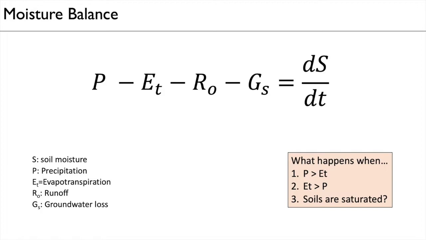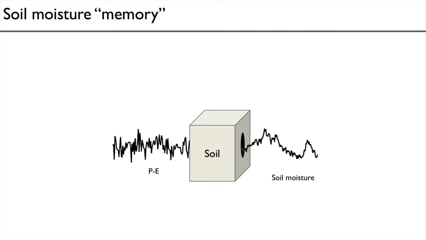One of the key things that we need to think about when we think about soil moisture, especially on monthly timescales or shorter timescales or even seasonal timescales, is the role of memory. In other words, persistence. On the left, I've just drawn this schematically here in this little diagram.